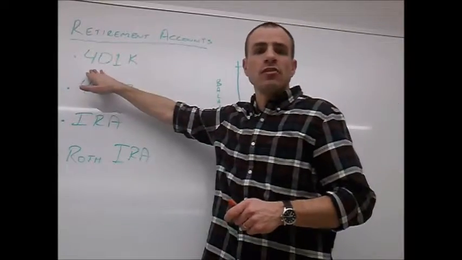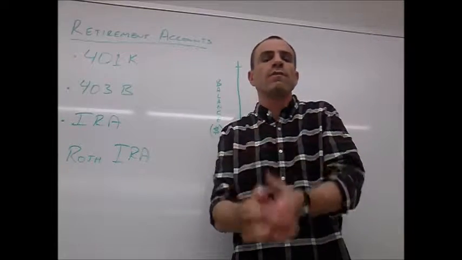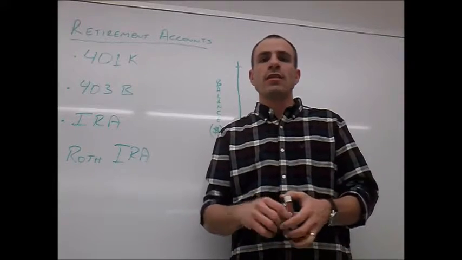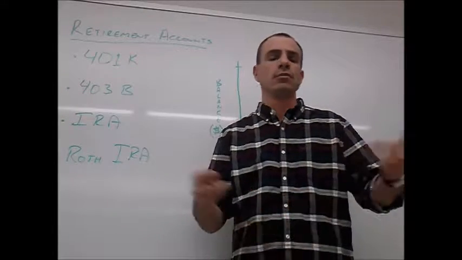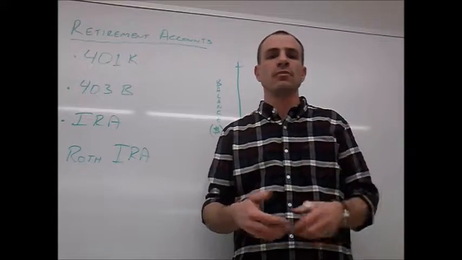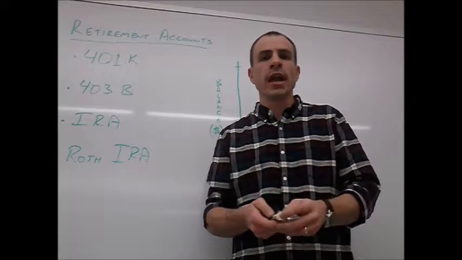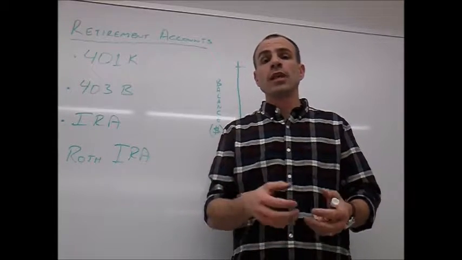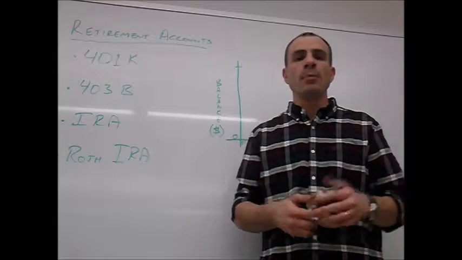But if we go to the first one, this is the one you've probably heard, you've heard somebody say it on a TV commercial, whether it's MetLife or Fidelity. You hear the word 401k, or maybe you heard about that in the news. A 401k is a plan that a company can offer an employee. So if you work at Lowe's, or you work at Chili's, or just at any business, someplace up in Boston, in one of the skyscrapers, something like that, they have what's known as a 401k. And what you basically do is you elect, it's voluntary savings is what it's known as. You elect to send some of your paycheck into this savings account per month.